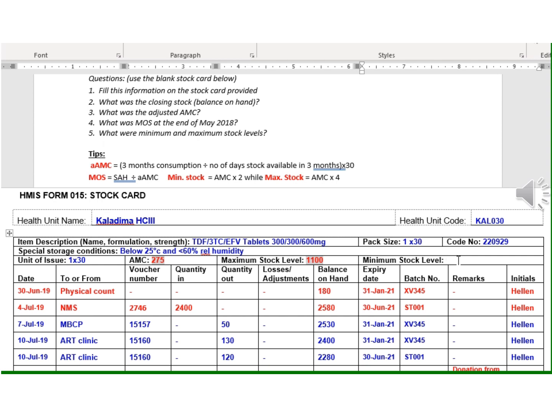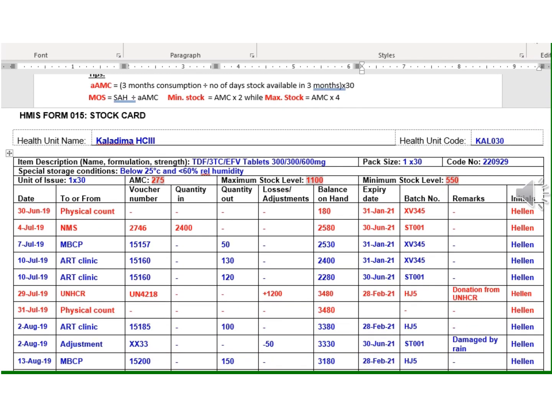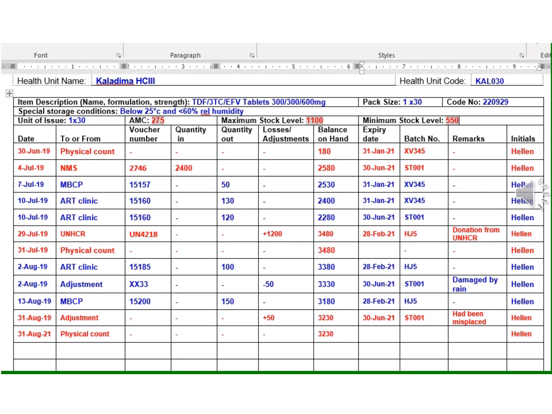So since my average is 275, I just multiply that by 2, and that is 550. That becomes my minimum stock level. So this is how we monitor stock level. I would look at these 2 stock levels and relate them to the stock balance at any given time. So right now I have a stock balance of 3,230. It is far above my minimum stock level, so I'm apparently safe, but it is also far above my maximum